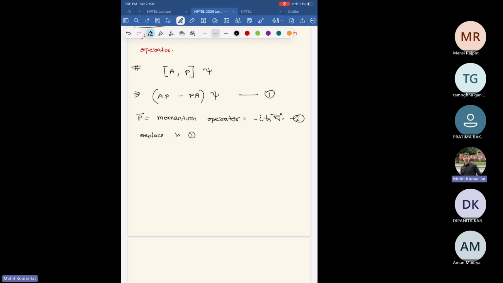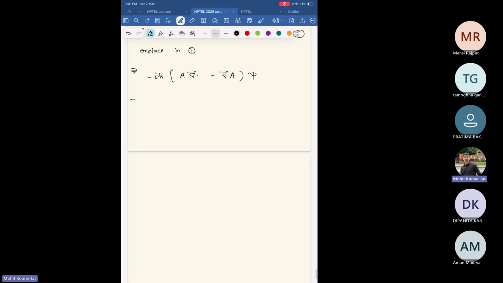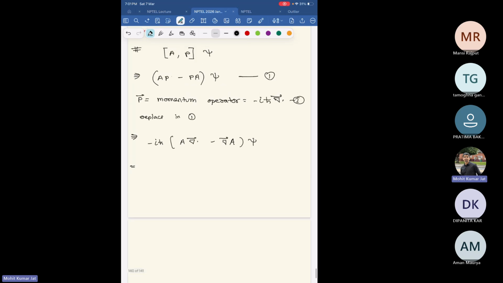Replace in 1. This gives you A. Okay, minus i h bar you take out common, and then you take it to be A times divergence minus P will be divergence of A times the psi, right? It will be minus i h bar A